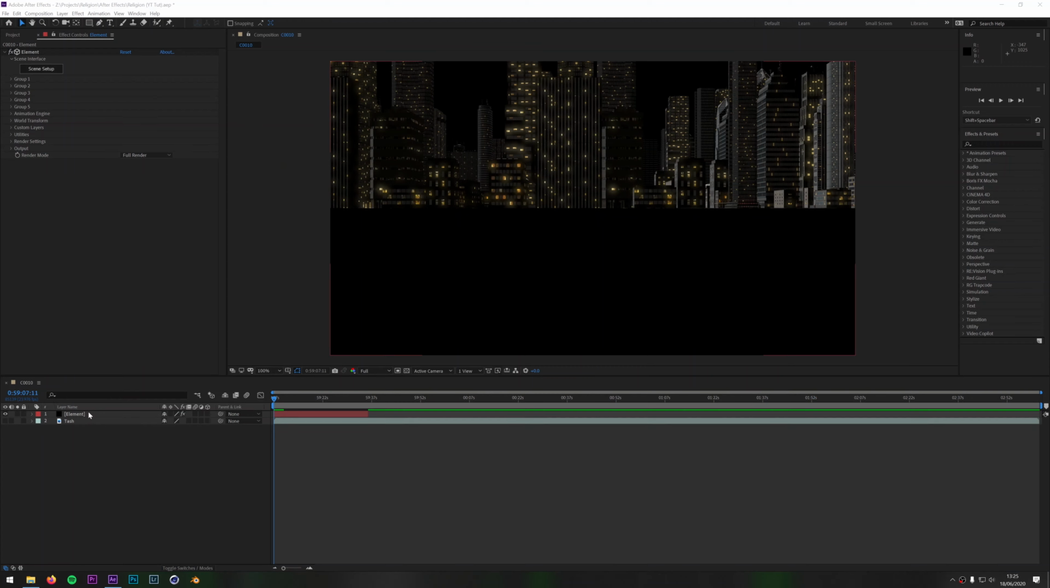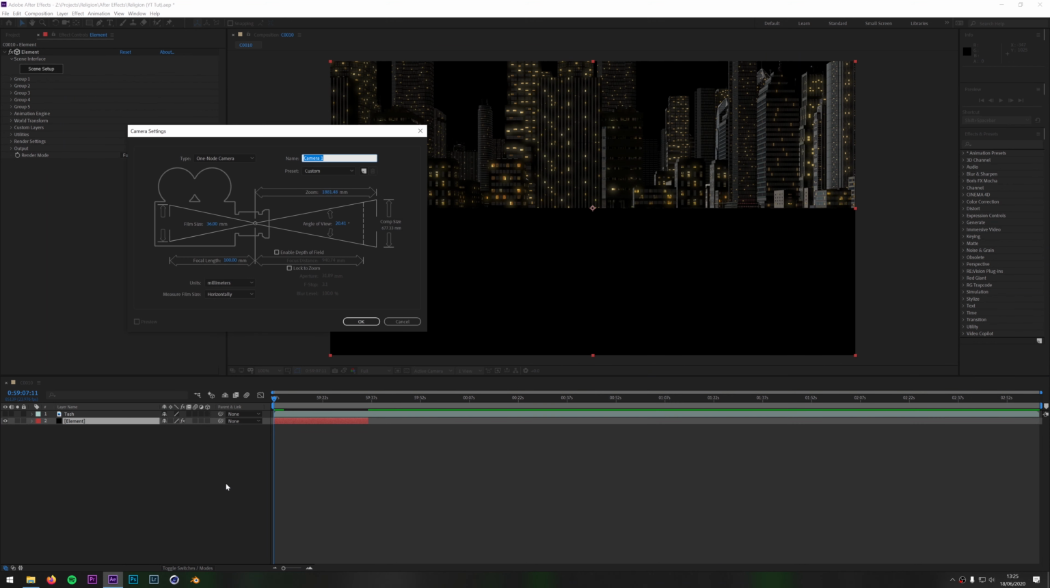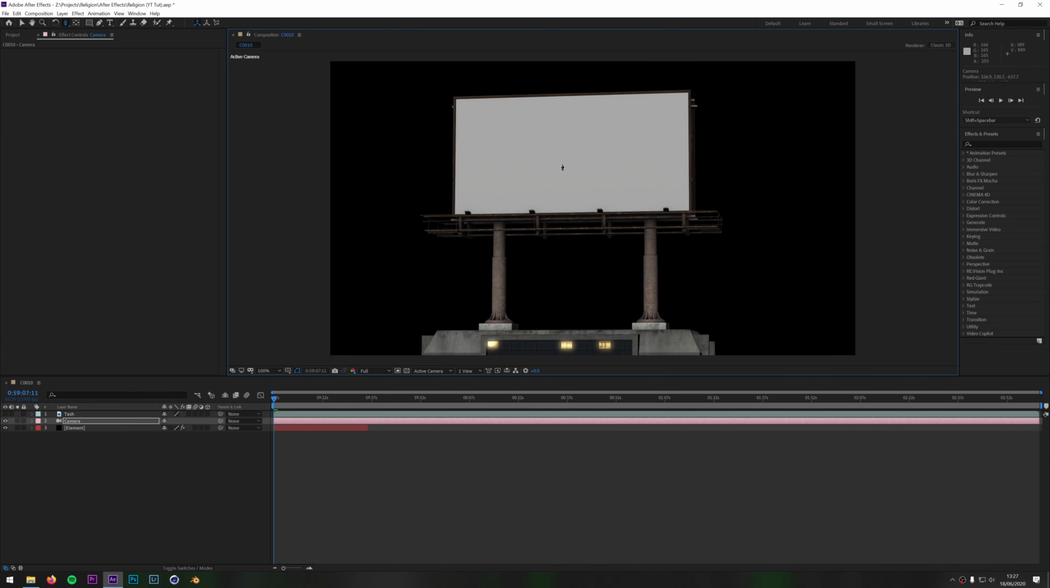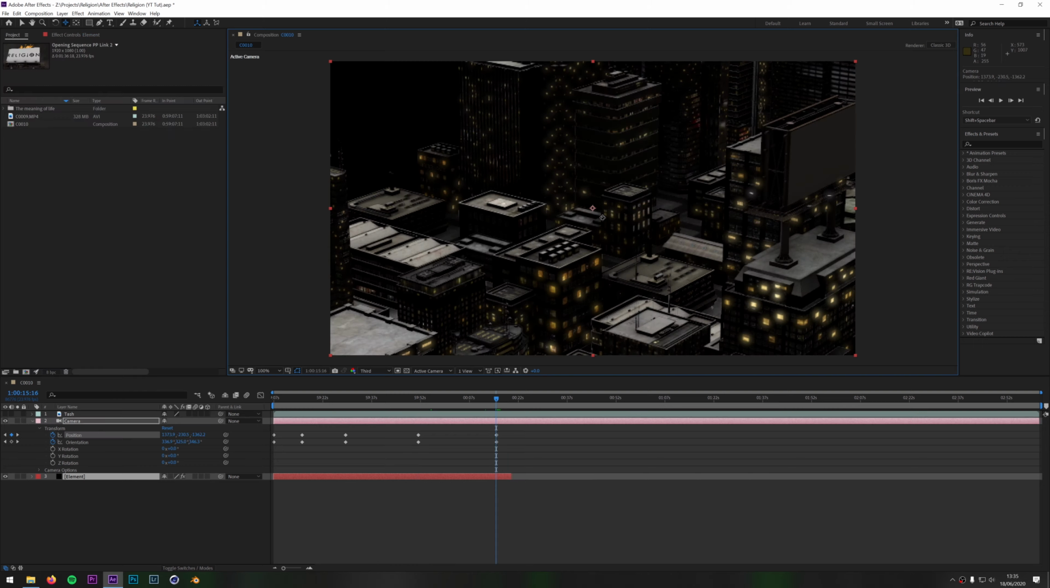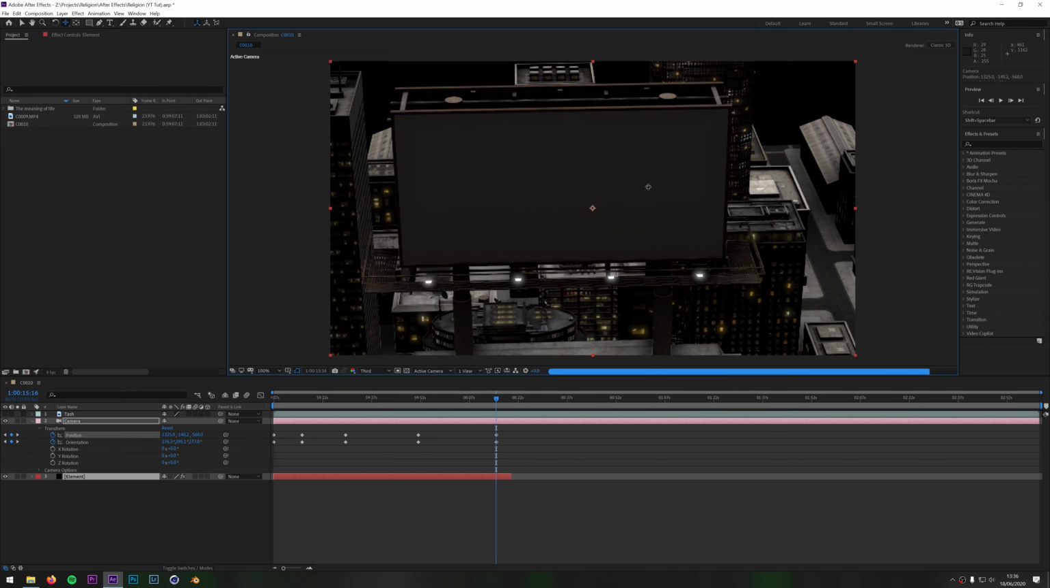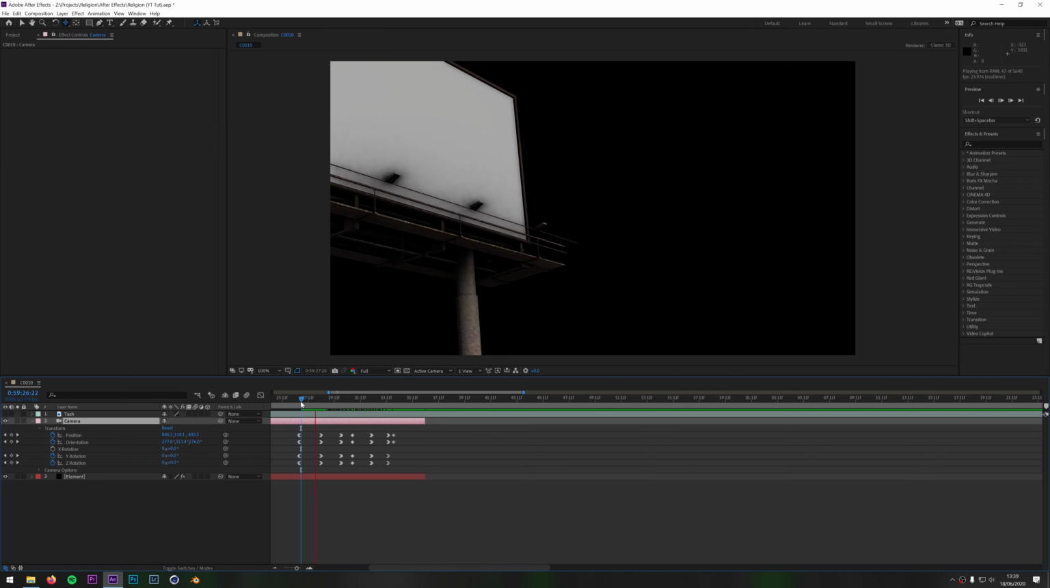Drag the element layer underneath your footage. Right click, new, camera. Keep the settings the same, then use the C key on the keyboard to move around the scene. Add some keyframes at different positions as you move around the object. This may take some time, but by the end of it you want it to be parallel to the billboard. Play it back and you get